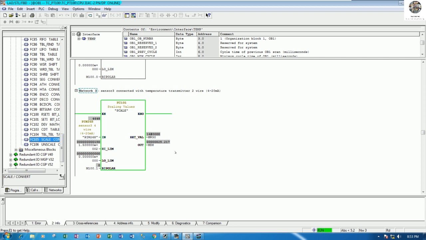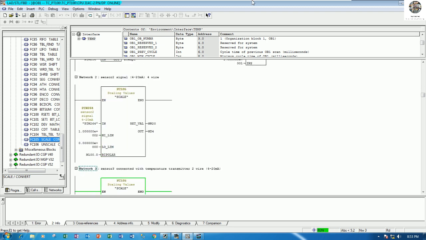To be the same, otherwise it will not match the actual temperature. So in this scale we need to put the same as the scale that we set on the temperature transmitter. Okay,